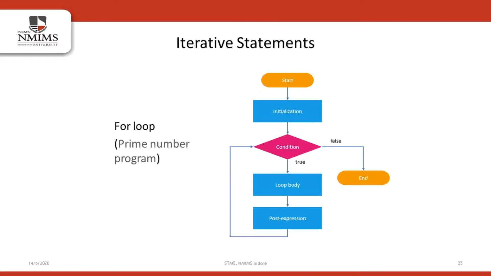To check the factors, we'll have to divide 52 by each of the numbers from 1 to 52 and check if the remainder is 0. For that, we'll be using the for loop. Now keep in mind again, without the loop, you would have to write the divide statement 52 times. So just reminding how important loops are in programming. So let's proceed with the program onto our online compiler.